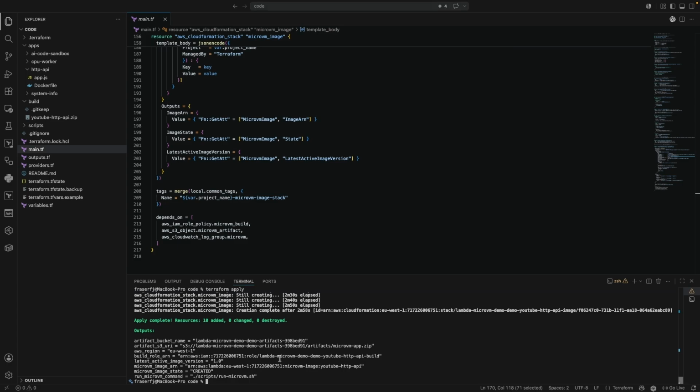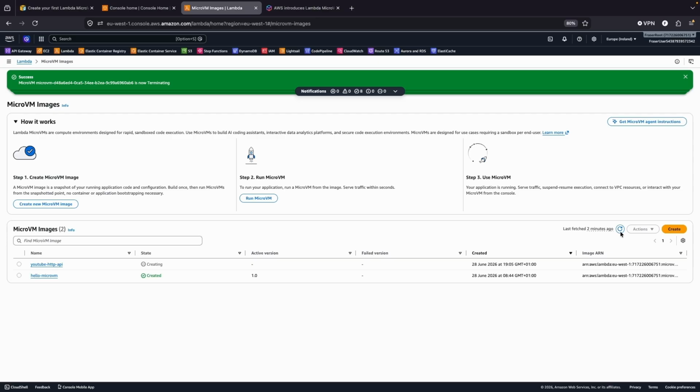Okay, so that's finished deploying. It took about 2 minutes 50 seconds, roughly 3 minutes, to create the image, push it up to S3, and then create the MicroVM within the console. If I now navigate to AWS, I can see that my YouTube HTTP API has been created, and that basically means now I can start this